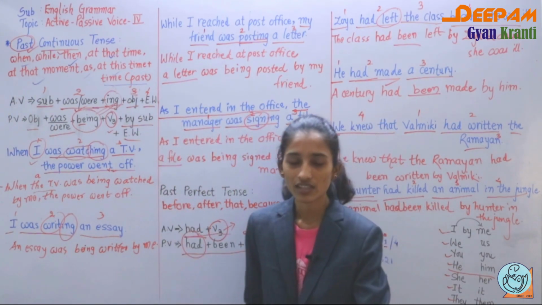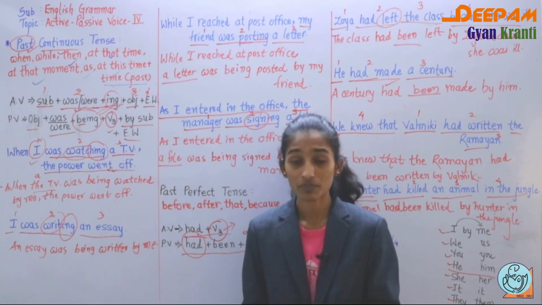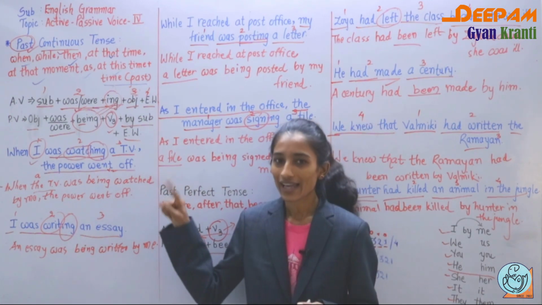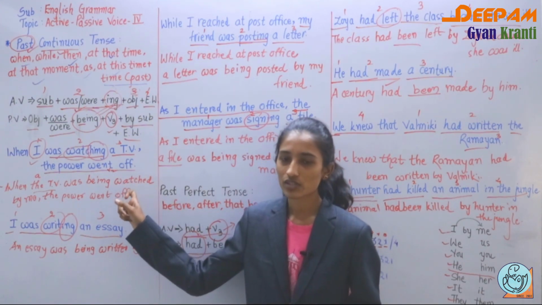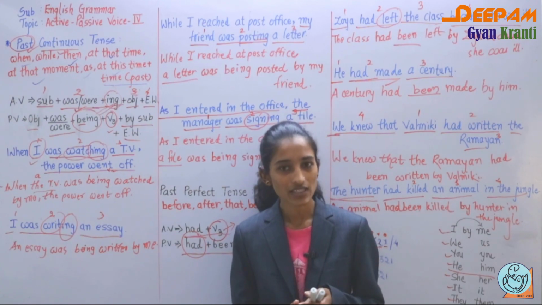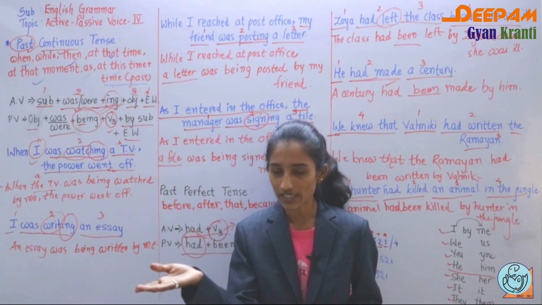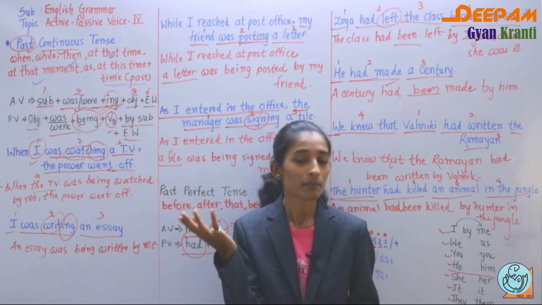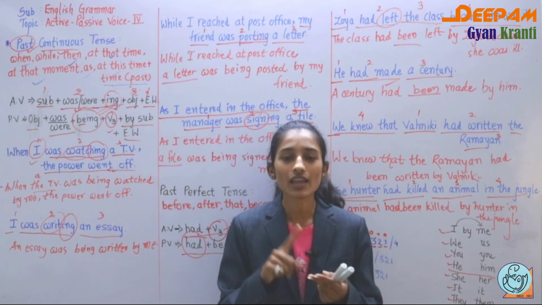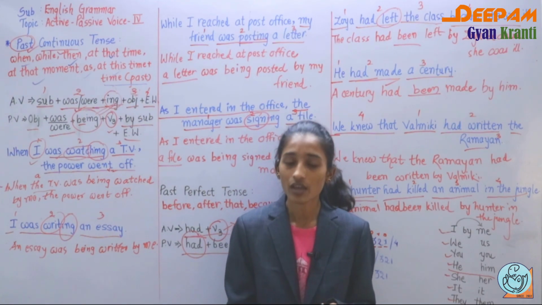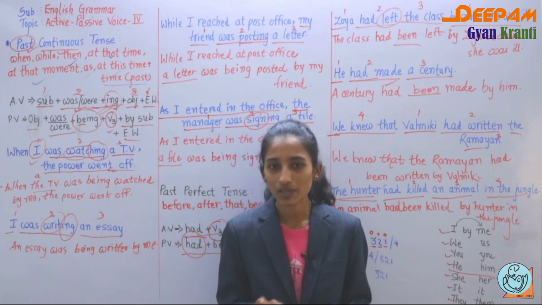What you have to remember, if past continuous tense is there, so in active voice was, were plus ing. So what is the sentence formation for passive voice? So was, were, ing is given, so we have to change into being, and then V3 means past participle for past continuous tense. Then you have past perfect tense. So in active voice had plus V3. So in passive voice had. Now V3 means past participle is already given to you, so you have to keep it as it is, but you have to use the V3 form of be. That means had plus been plus V3. So in active voice had plus V3, and in passive voice had plus been plus V3.